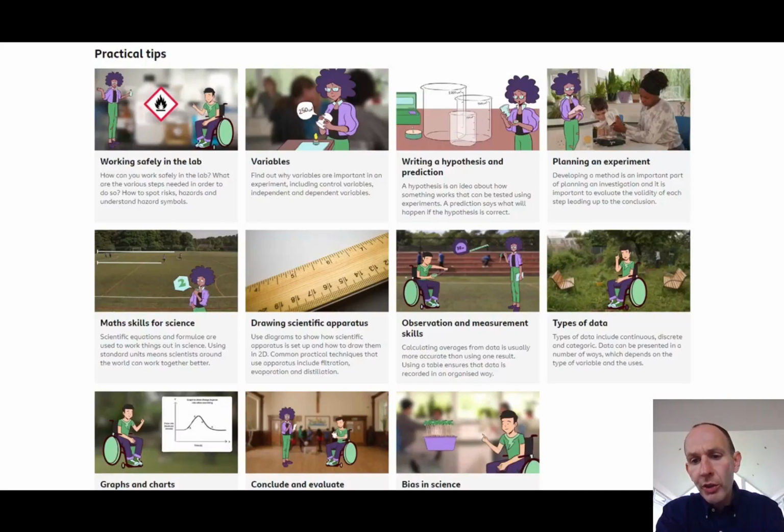And also what we can do then is look at different types of data. We can observe things, measure things, we can create graphs and charts, we can do all sorts of things that really give our students a very comprehensive overview of not just one subject, but how our subjects interlink and form partnerships really with other teachers to give our students a more holistic form of learning, which is